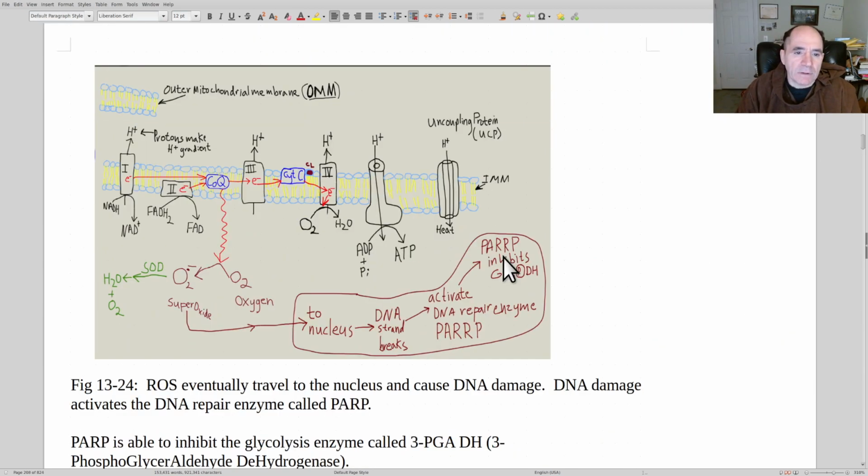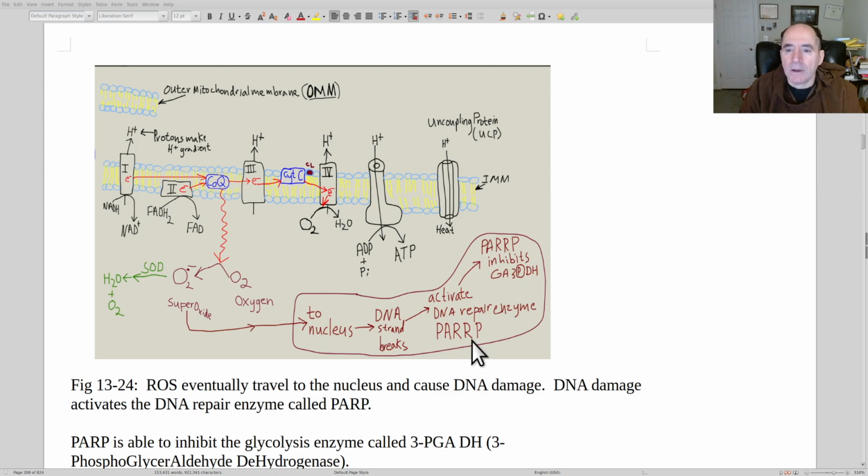Okay, this is just a quick summary of what happens when there is electron leak from the intermitochondrial membrane. Let's say you inhibit this right here with saturated fat, and then the electron transport starts backing up. Electrons will fall off coenzyme Q, drop down onto oxygen, become superoxides, and these can cause oxidative stress. Normally, you can neutralize them adequately with superoxide dismutase, but sometimes if it's happening too rapidly, you'll get an excess amount of them, and they'll go to the nucleus and they'll damage DNA, and that'll activate a DNA repair enzyme